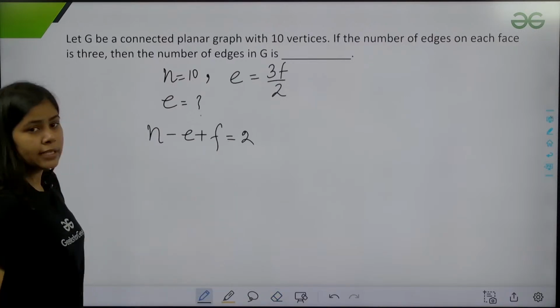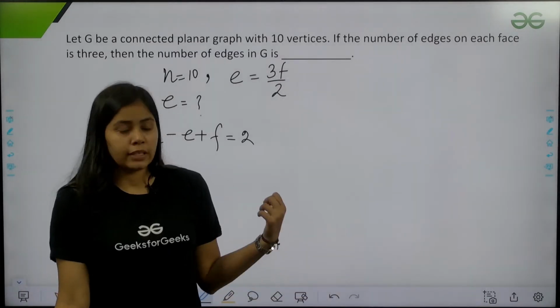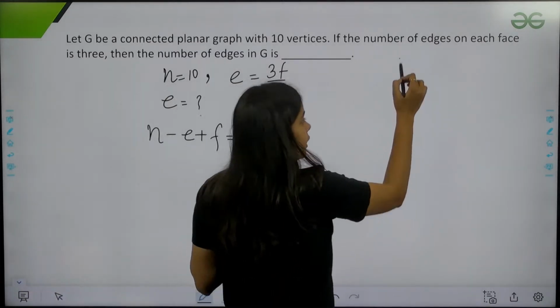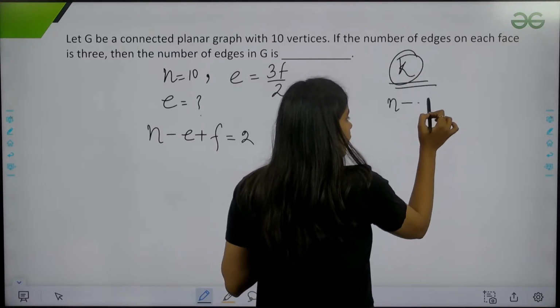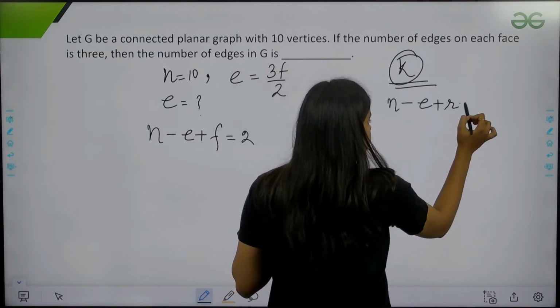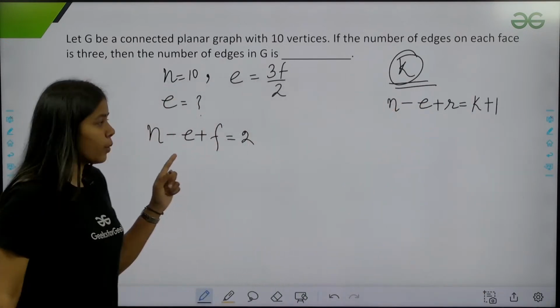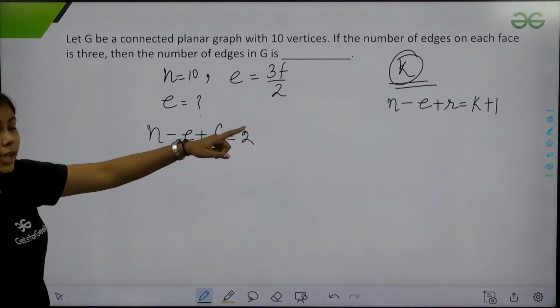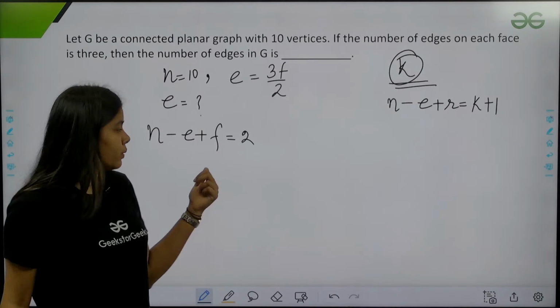And this formula is for when the graph is connected, right? When the graph is not connected and has k connected components, then the formula will be n minus e plus r is equal to k plus 1, right? And with this I got this formula. When I have a connected graph, that means one connected component, k is equal to 1, so I'll get this